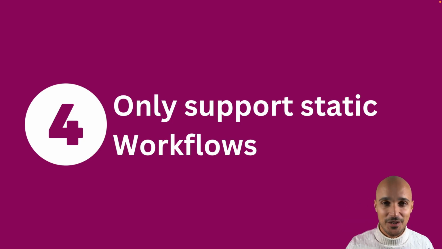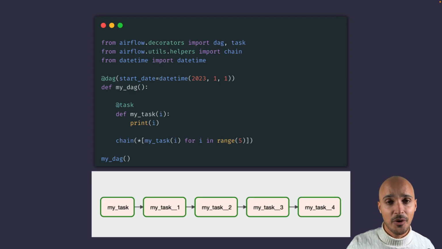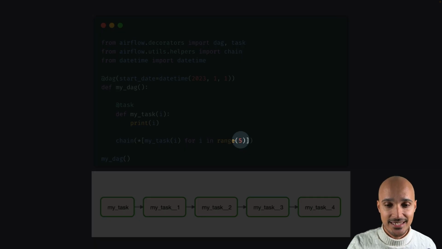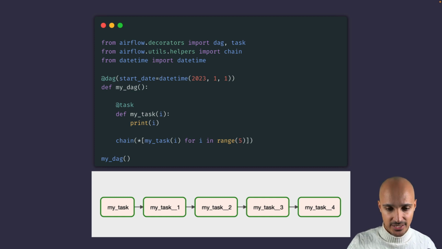The fourth misconception about Airflow is that it supports only static workflows, and this is so far from the truth. Let me show you a couple of examples. Let's say you want to generate a static number of tasks, and for that, you can use a loop. If you know how to make a loop in Python, then you know how to do it in your DAGs. In that example, we'll use a list comprehension in order to create 5 tasks as defined in the range function. And you can see below that we have the 5 tasks. The good thing is we didn't have to write each task one by one.